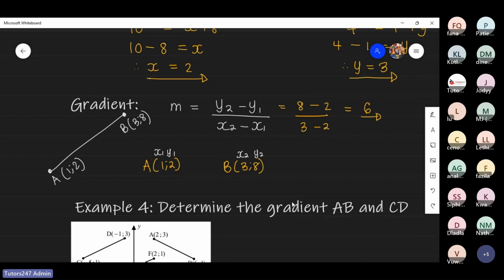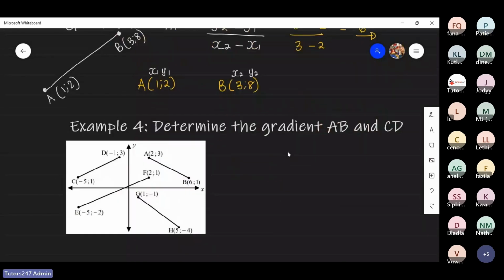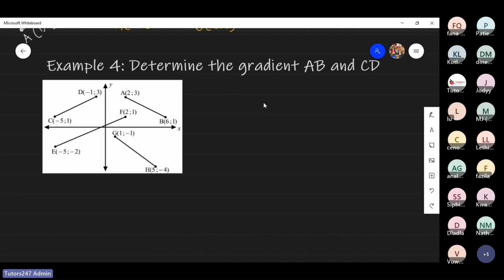So let us move on to the next part. Example 4: determine the gradient of AB and CD. So it's basically what we've previously done. So let's have a look at that. We've calculated in the previous example the gradient of AB whereby everything was positive. So I'm not going to do example AB. I'll focus on CD where you have negative values as well, because sometimes it can become tricky to deal with